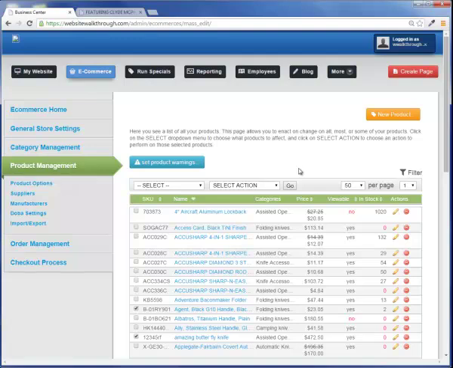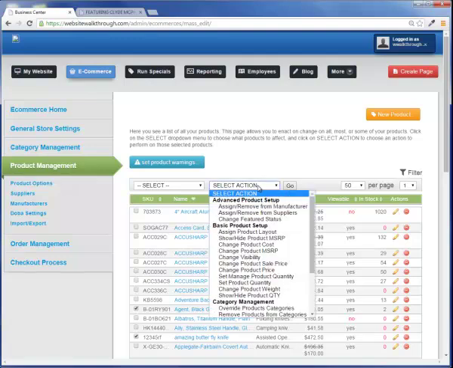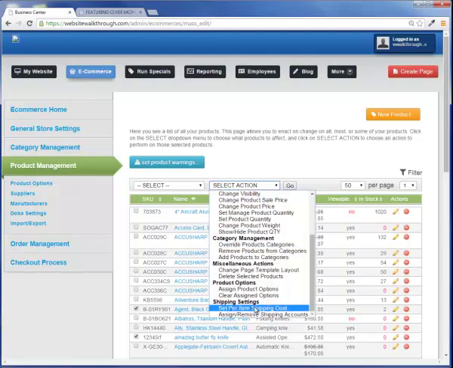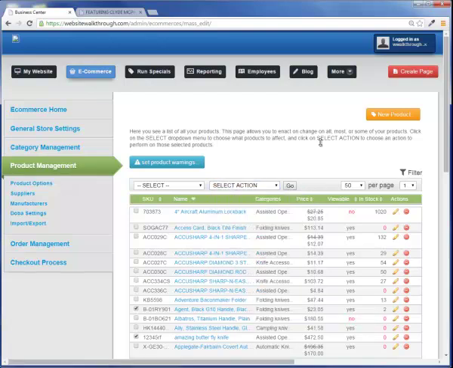Once you've added them, you want to make sure that there is shipping assigned to them. We have 2 specific rules available for shipping with Doba: custom or none. So what you'll do is you'll select the Doba products from your list. If all of your products are Doba, you can select all on the page or all on all pages. Come to select action, and at the very bottom, we can assign or remove shipping accounts. Select Go,